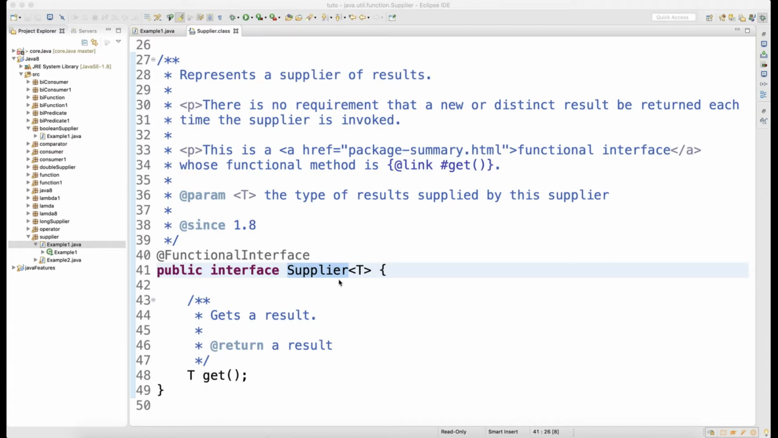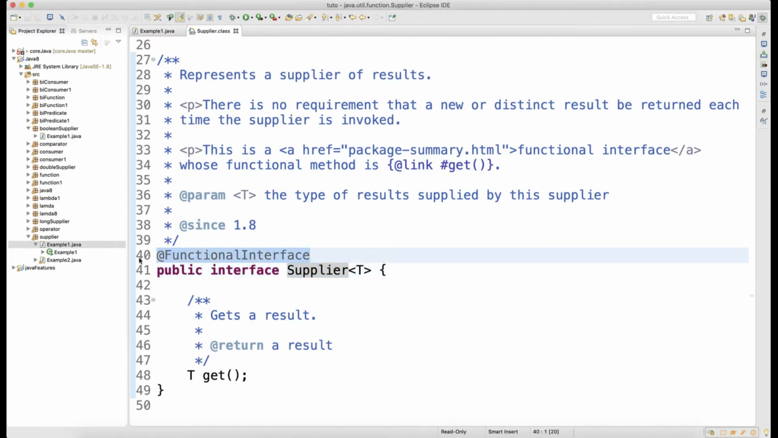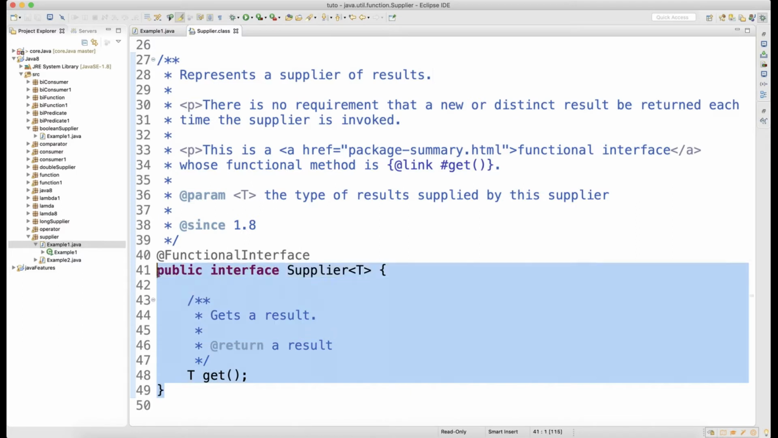So if you look at this, supplier is also a functional interface which came in Java 1.8, and it represents a supplier of results. There is no requirement that a new or distinct result be returned each time the supplier is invoked, right? So basically, if you look at the supplier,